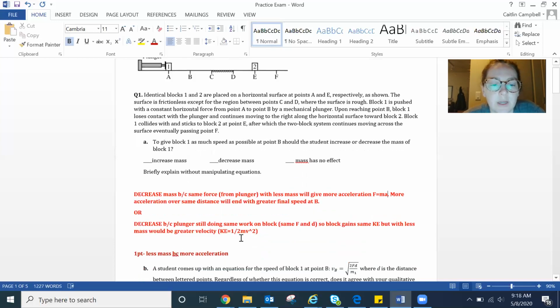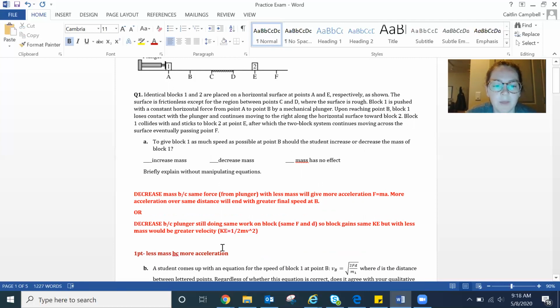In this one, I wrote this question, so just a caveat for number one. Same with the rubric, right? I kind of had to decide, should I give 1 point or 2 points for all of these? This easily could have been a 2-point one. It also easily could have been a 1 point. I just chose 1 point. And if you use the first route, as long as you say more acceleration and also decrease the mass, then